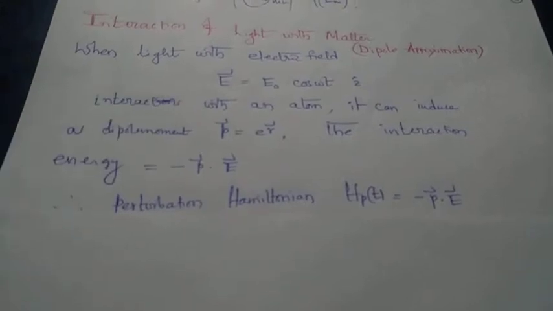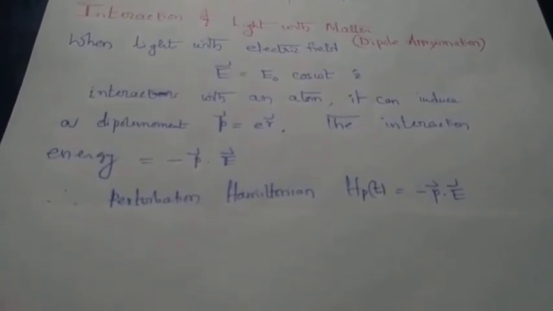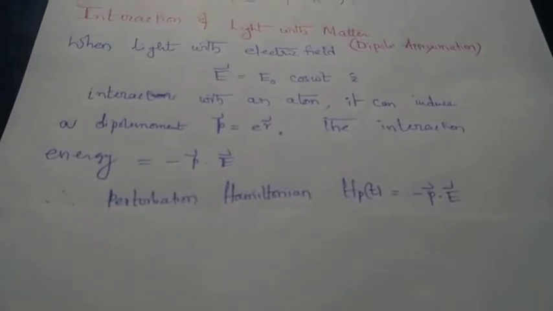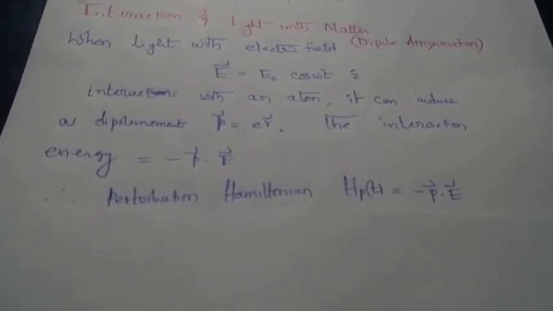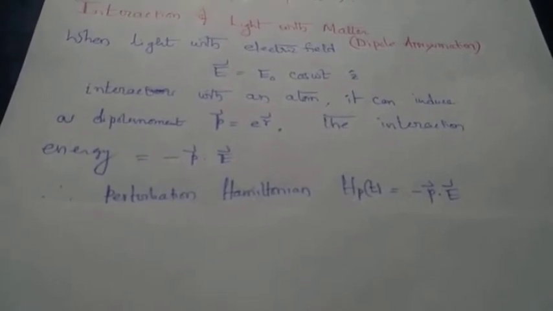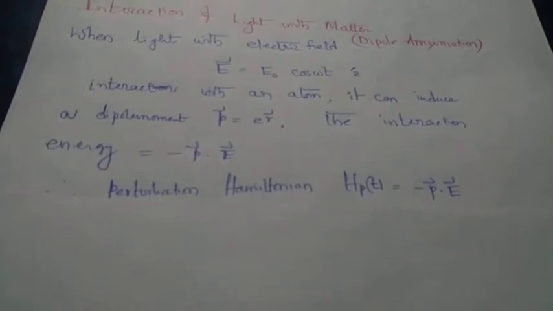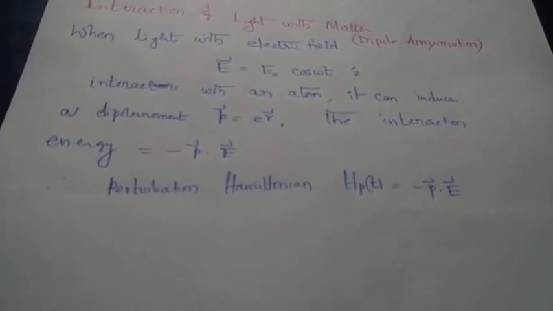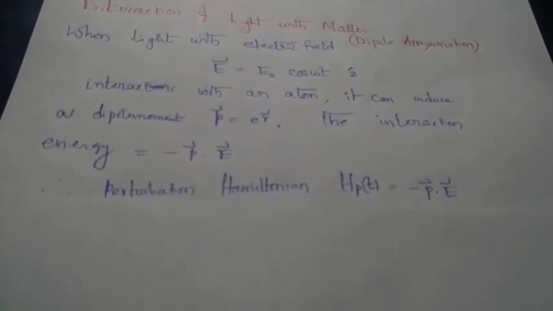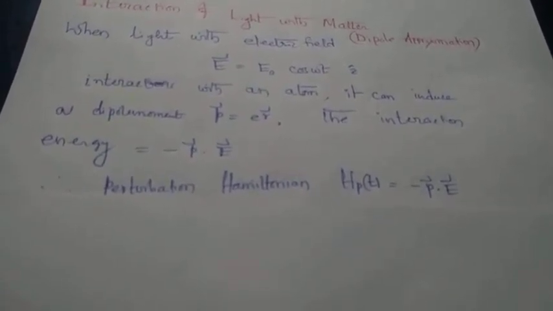interacts with an atom which could be having a dipole moment, the electric dipole moment, and then electric quadrupole moment, and magnetic dipole moment, magnetic quadrupole moment, etc. The case in which we only consider the dipole moment of the atom into consideration is the approximation which is